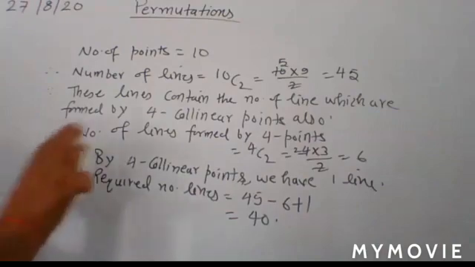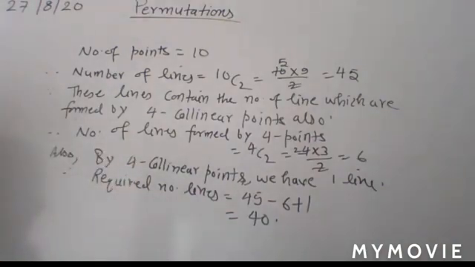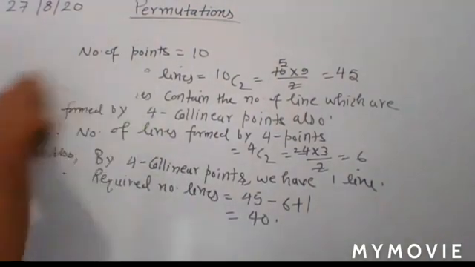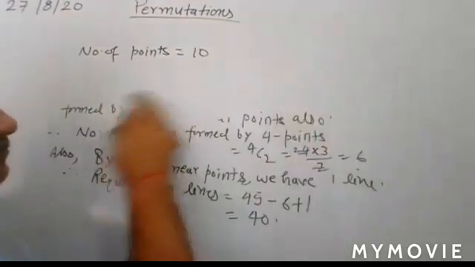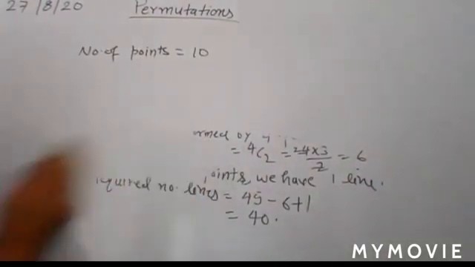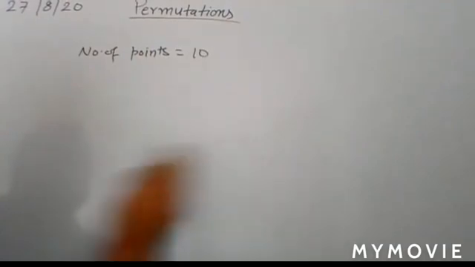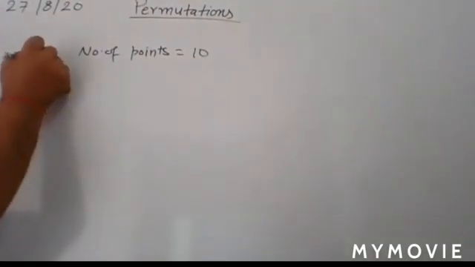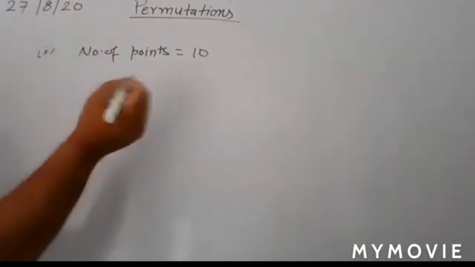Understand? So in this way, you have your total number of lines. Now, your second part. Here you have to find the number of triangles, and a triangle is formed by joining any 3 points. Understand? So write its second part. Here in the second part, the number of points is already given, and a triangle is formed.